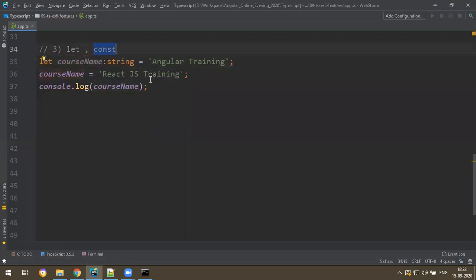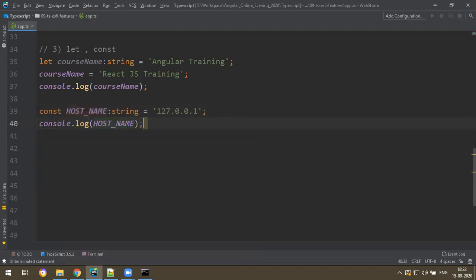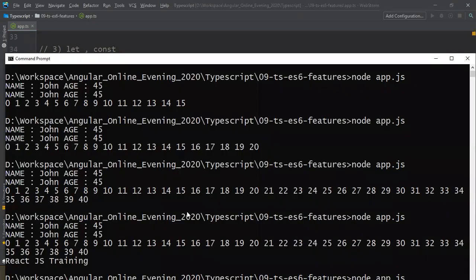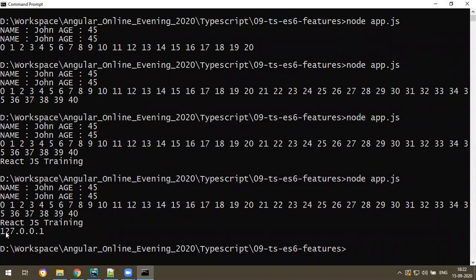For constant you can use all caps, to easily recognize what it means. So constants we generally write in all caps, like constant HOST_NAME is equal to 127.0.0.1, like this. You can make it a string. So console.log of hostName, you get the answer, this one.